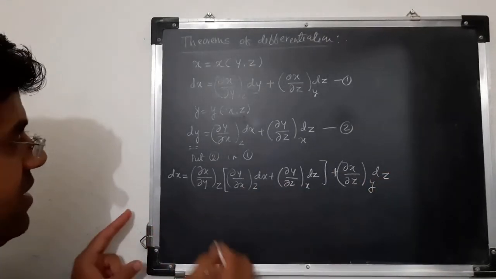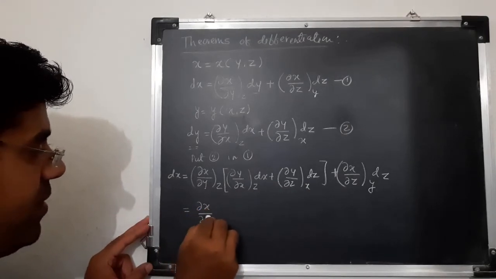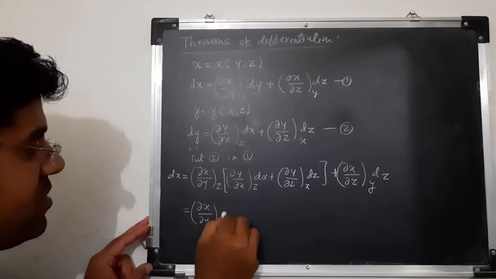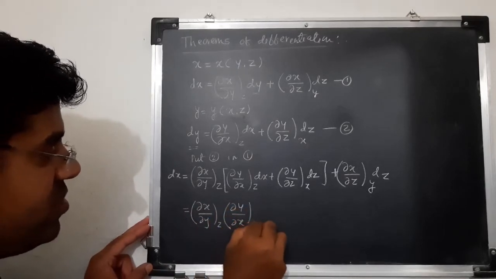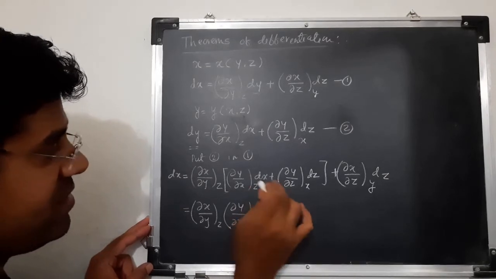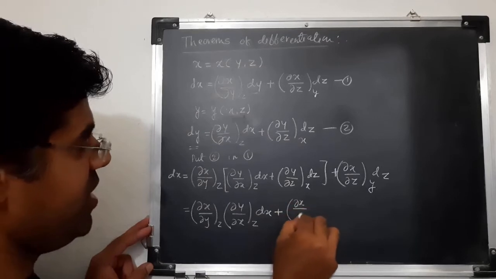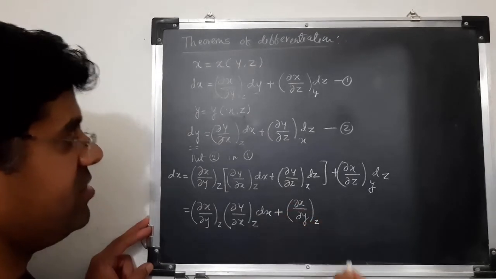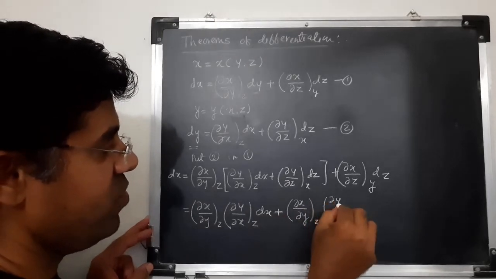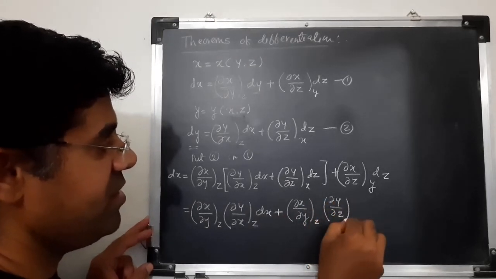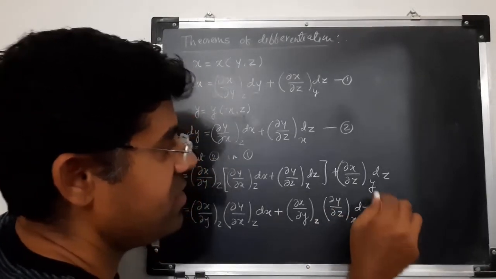Just multiply inside. So what you will get over here is delta x by delta y, z constant, delta y by delta x at z into dx, plus delta x by delta y, z constant, into delta y by delta z at x into dz,